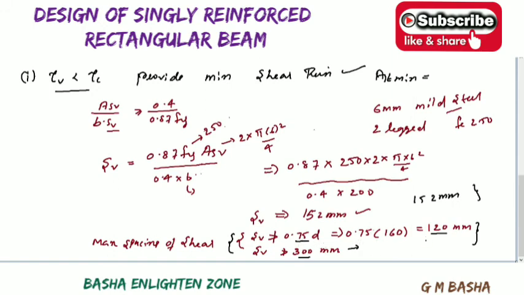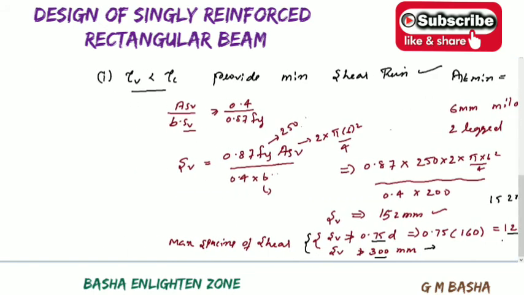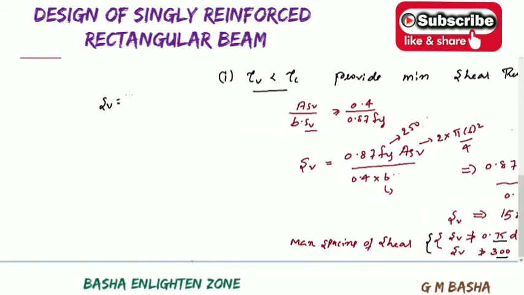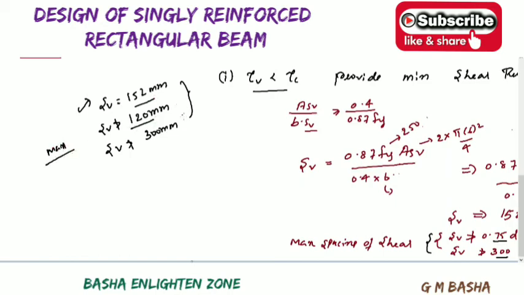So what is the meaning here? You will get the spacing Sv equal to 152 mm, but Sv should not be greater than 120 mm in our case, and Sv maximum in no case will be greater than 300 mm. After simplifying you get a spacing of 152 mm, but the maximum spacing allowed is not more than 120 mm. Out of these, whichever is the lesser condition governs. So here we are providing a spacing of 120 mm, using 6 mm dia bars